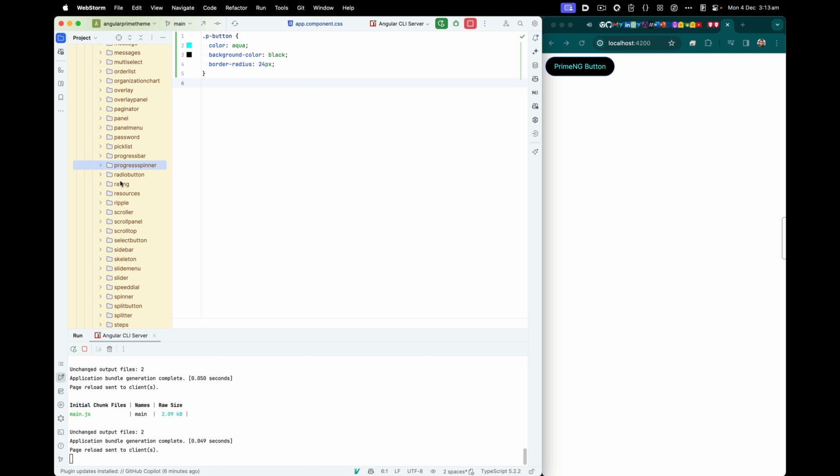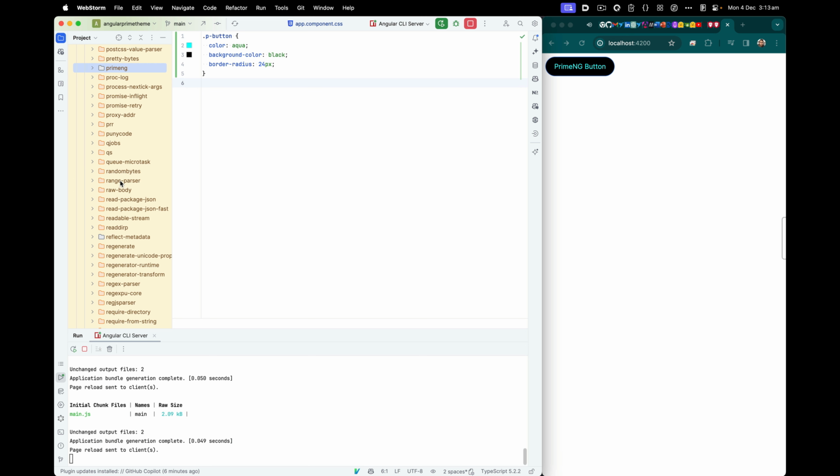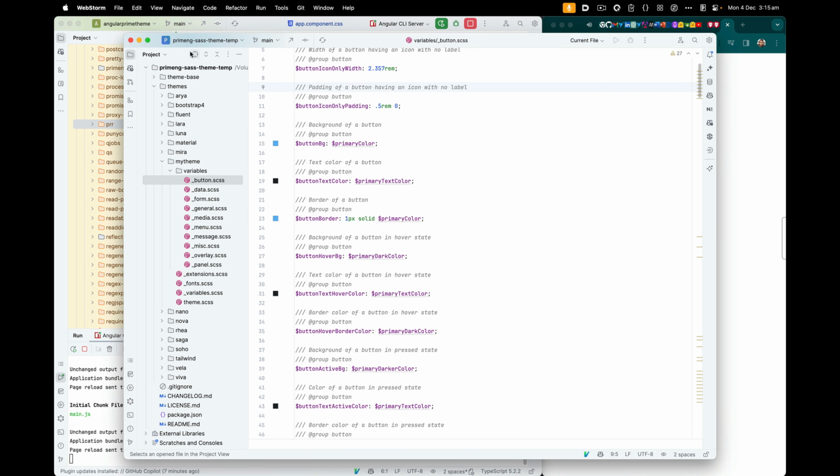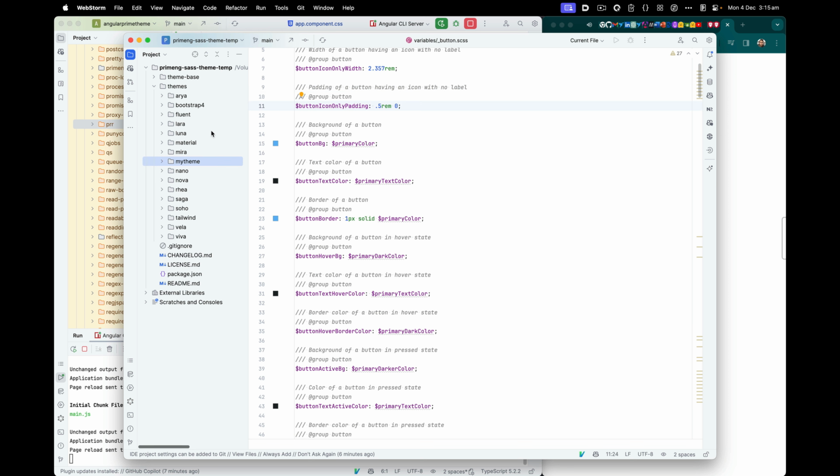And you can actually do that, but the problem is the theming and then all the CSS, it's going to take a lot of time. So let's take a look at how we can generate our own theme and then just use that. I'll go to this repository, PrimeNG Sass theme, and here you'll see we're going to be overriding lots of variables from the base theme. But PrimeNG basically actually started providing recently this my theme and then tailwind theme, which are